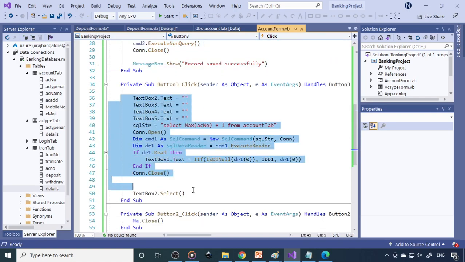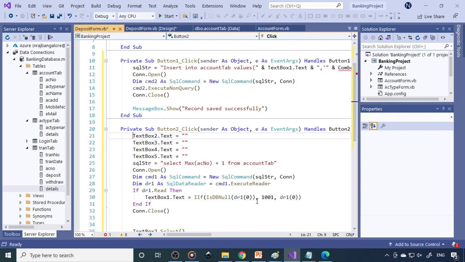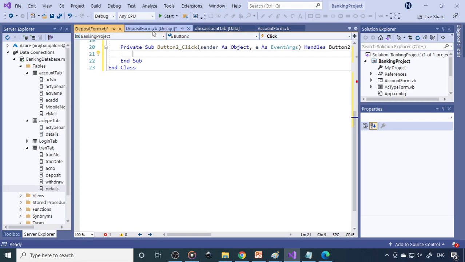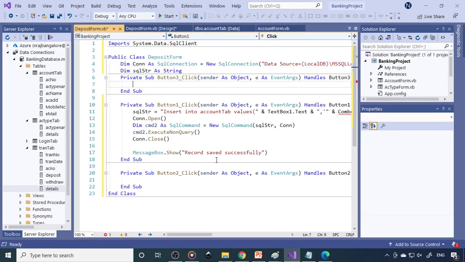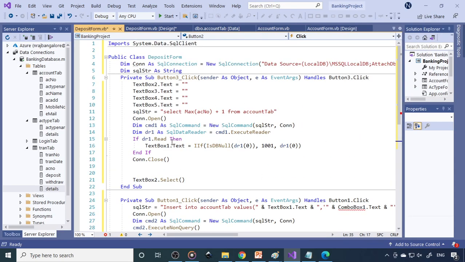Okay, so this is the new button. So next one, close that. Okay, so this is wrong. This is 3 and close, Me.Close. Now we need to rectify the problem. So where all changes are required, let me make the changes. Now this is the transaction table and transaction number. So it's supposed to be the transaction number plus 1 from the transaction table.